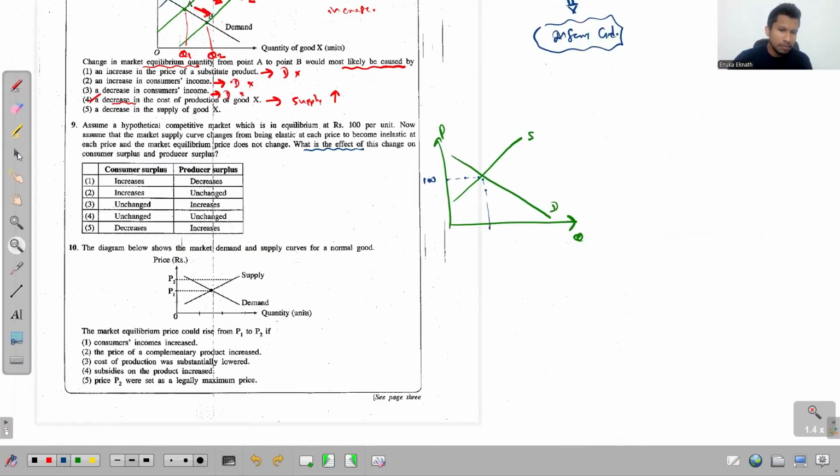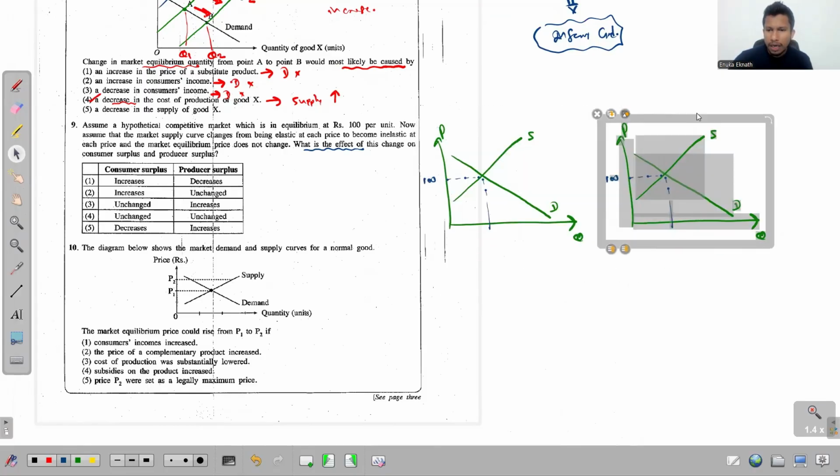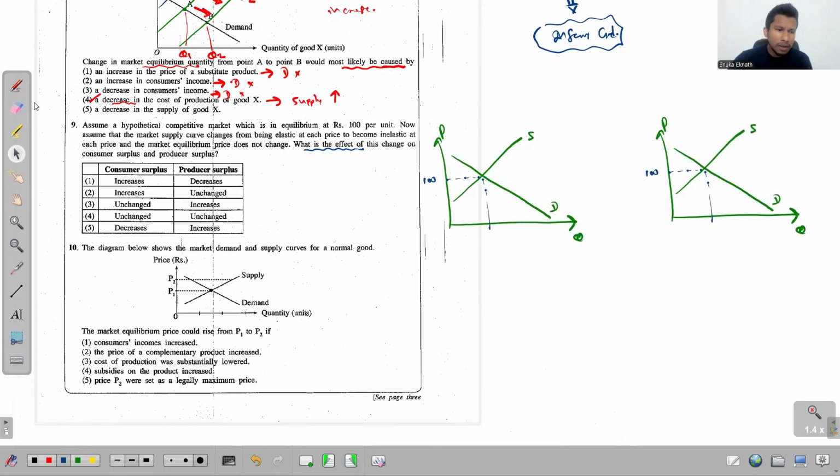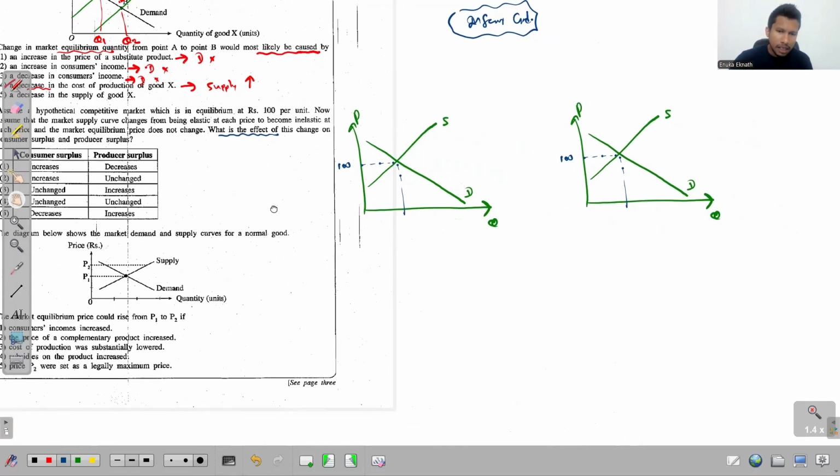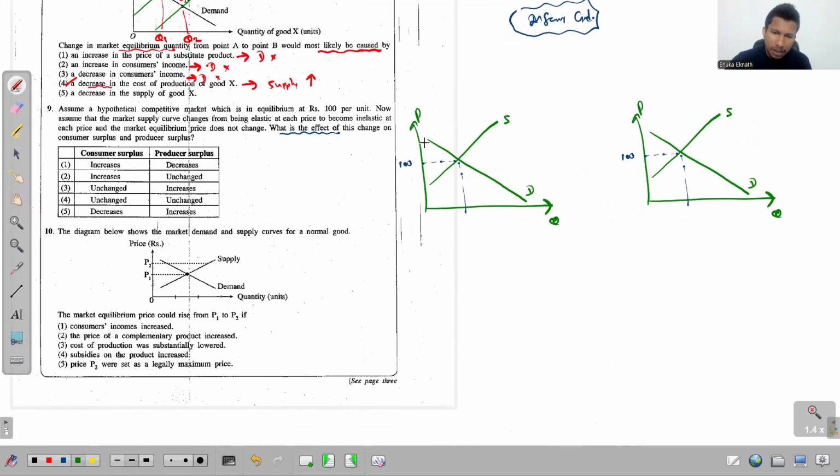All right, so let me copy this diagram. Wait, I'll show you the consumer surplus and the producer surplus in the initial situation, so you all can understand. So this part of the diagram we recognize as the consumer surplus. That is the consumer surplus. And then the region below the price received by the producer, above the supply curve, up to the quantity traded in the market, that we recognize as the producer surplus.